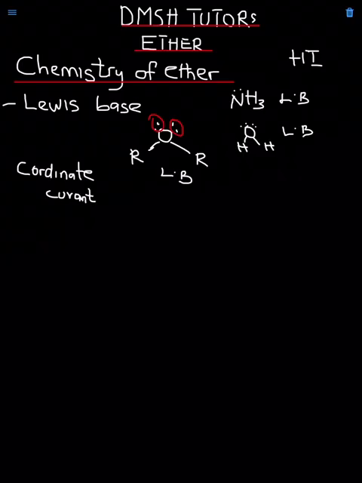By itself acting as a ligand, it can form a bond, and this can also happen to form an adduct. Some ethers can form adducts. An adduct is a compound formed by the bond between a Lewis acid and a Lewis base. You get that? So for example now, this guy coming.